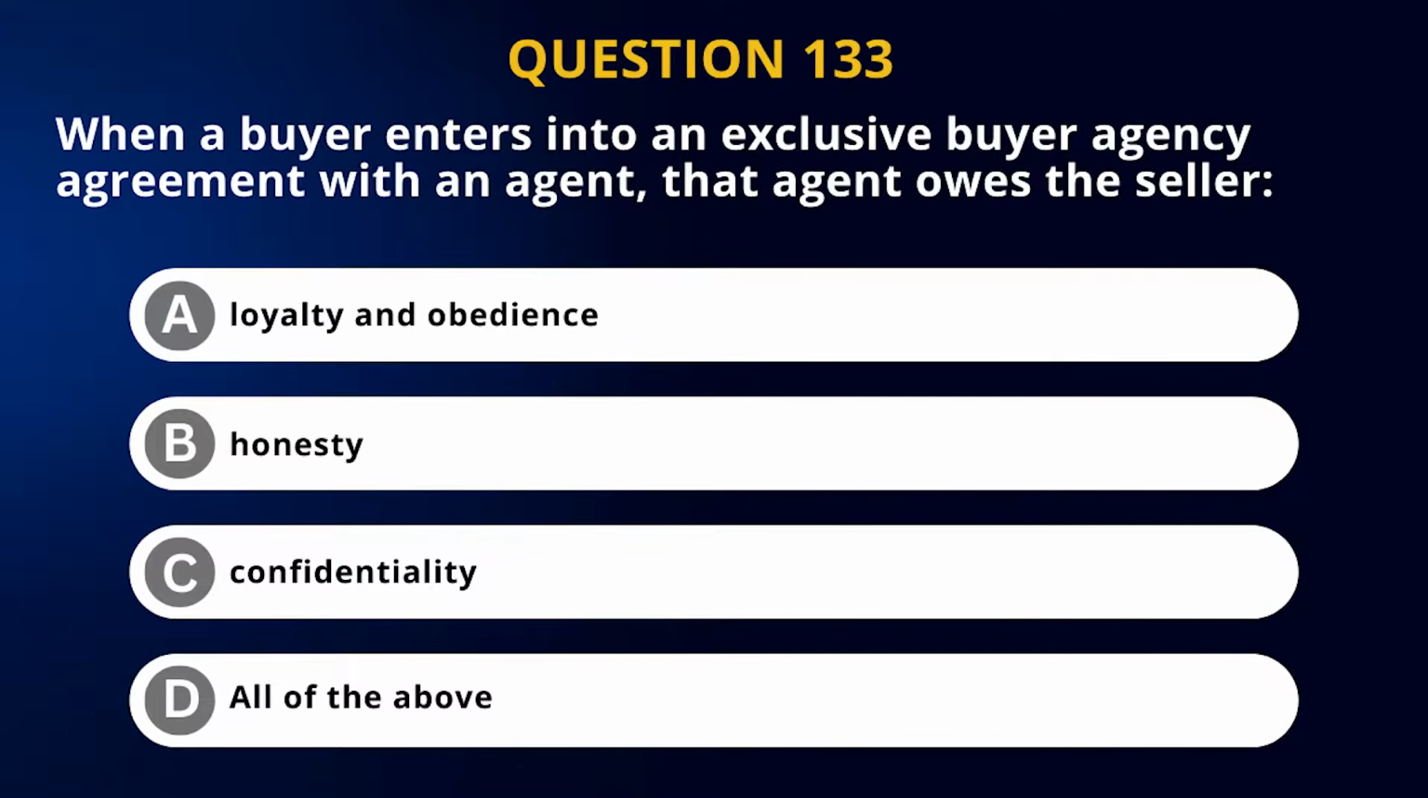Question number 133. When a buyer enters into an exclusive buyer's agency agreement with an agent, that agent owes the seller, letter A, loyalty and obedience. Letter B, honesty. Letter C, confidentiality. Letter D, all of the above. And the answer,